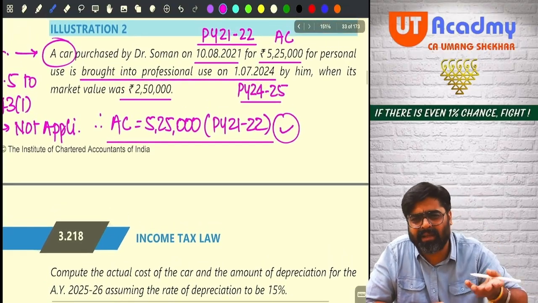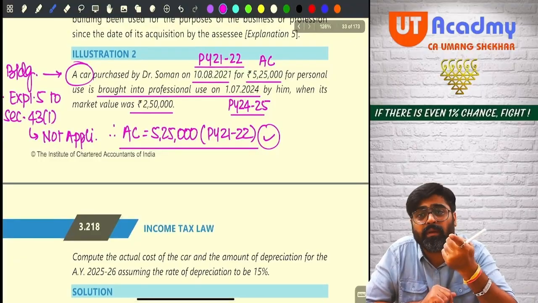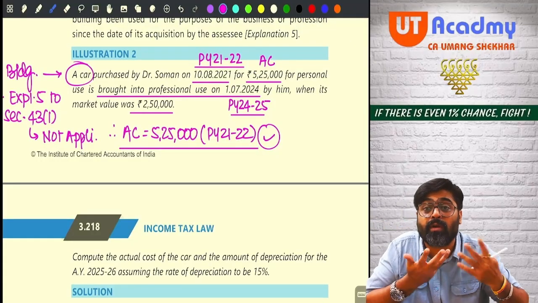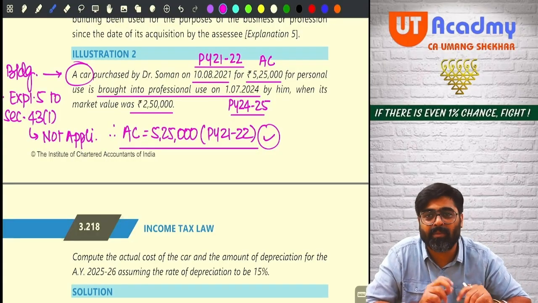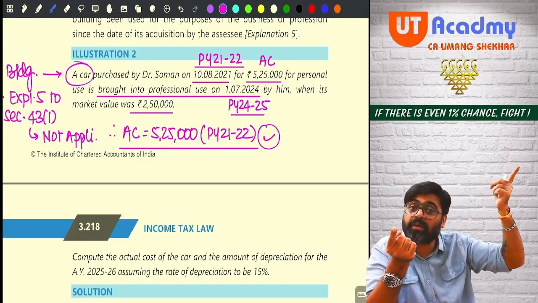Just have an analytical mind. If this question was framed giving you the details of the building, if the same detail was given for the building, what would have been my answer? You have to think like that. Getting my point? What if this same thing is coming in my question, a big question?